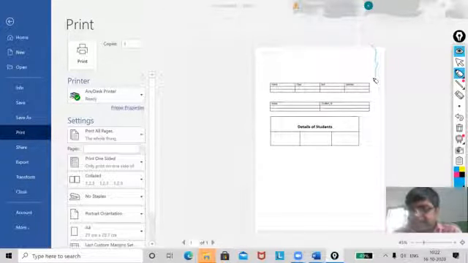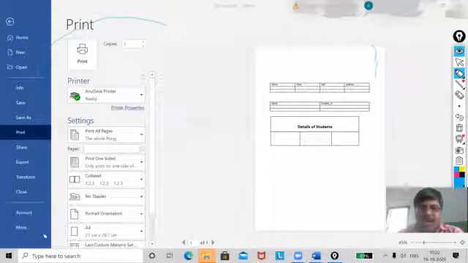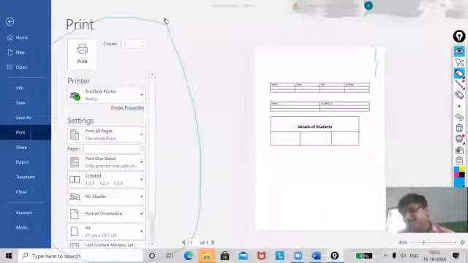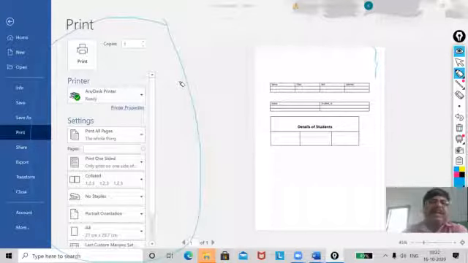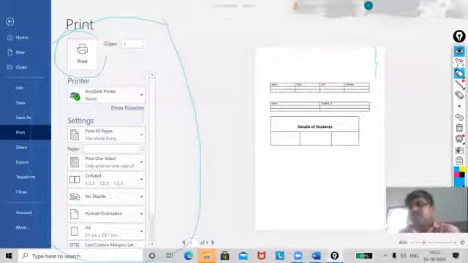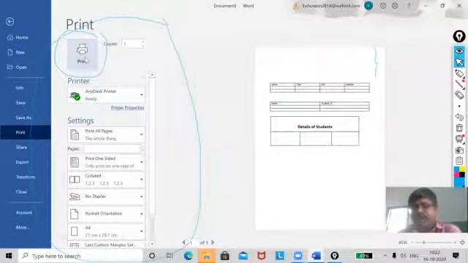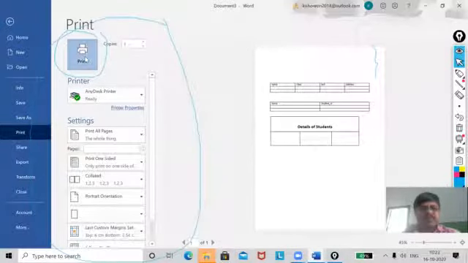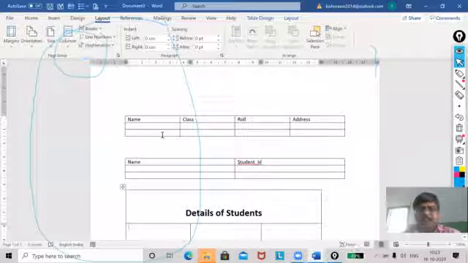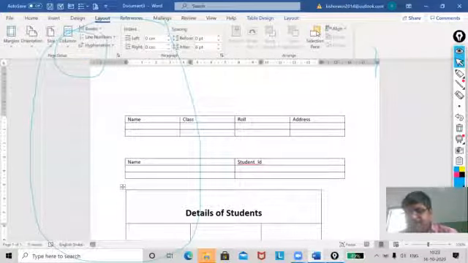But if you are satisfied and you are going to print, then you have to know something. What are the things that you have to know? Just you can see, I'm going to explain all these parts. Some parts are not useful for you, so I will not be discussing them. Here is the Print button. Once I click on Print, it will start printing.